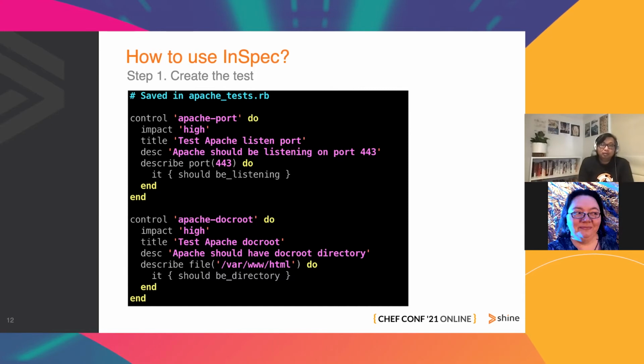So why would we want to check something that sounds so simple? Even though it sounds so simple, that doc root directory actually came from a volume that's attached to the web component instance. And if the volume failed to be attached, then the directory wouldn't exist. So it sounds simple, but there is really high value in checking all these things, including checking the permissions and the ownership of the document root directory.